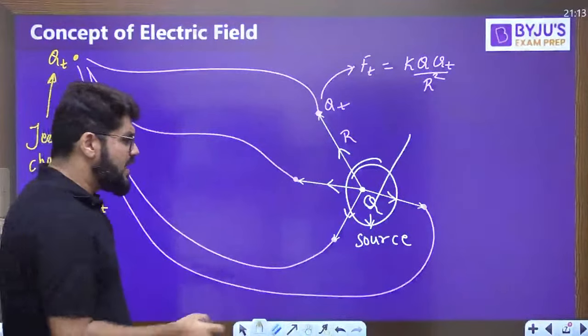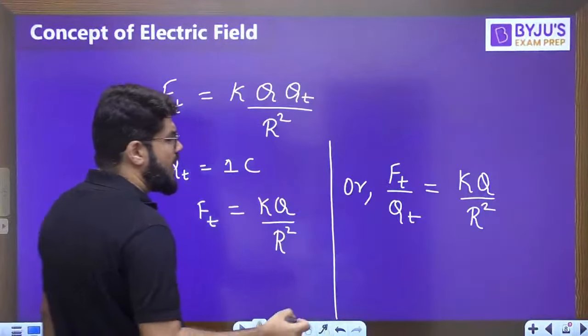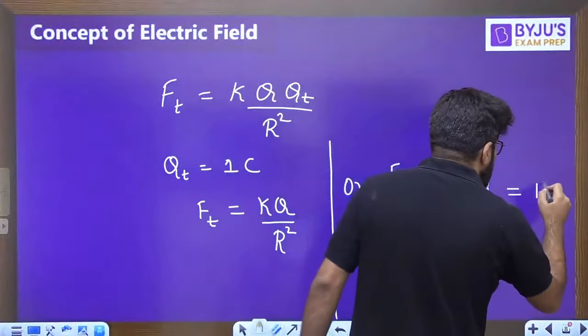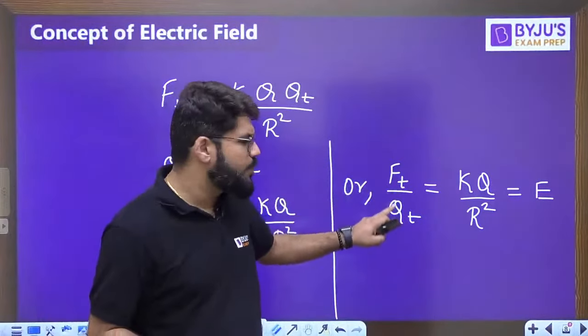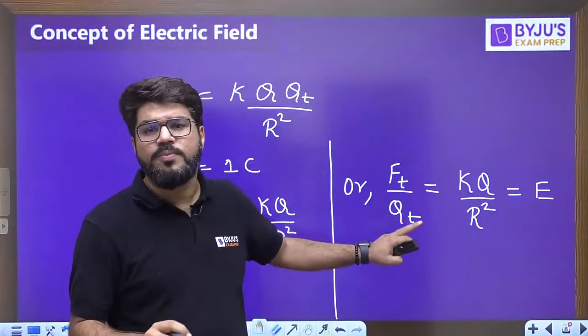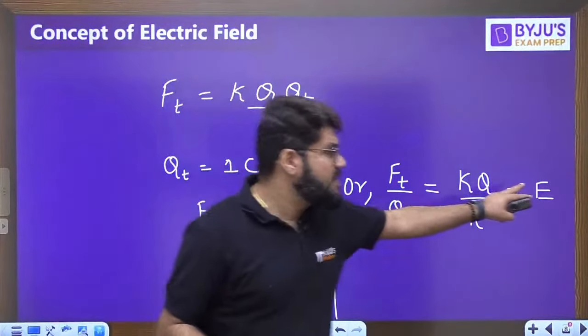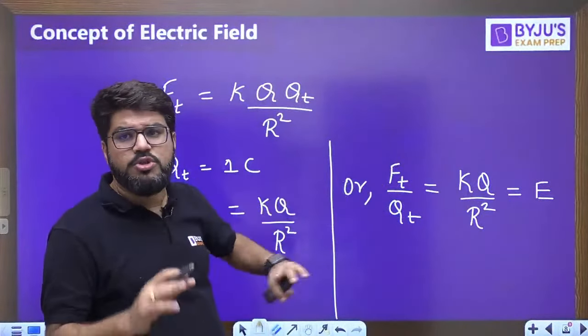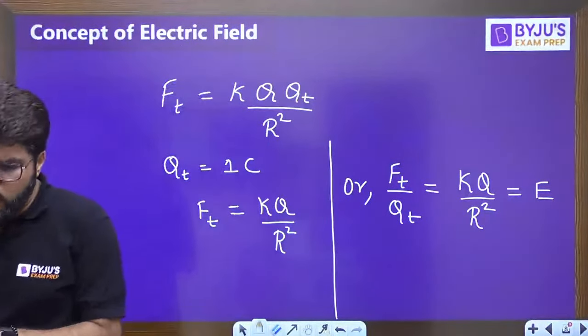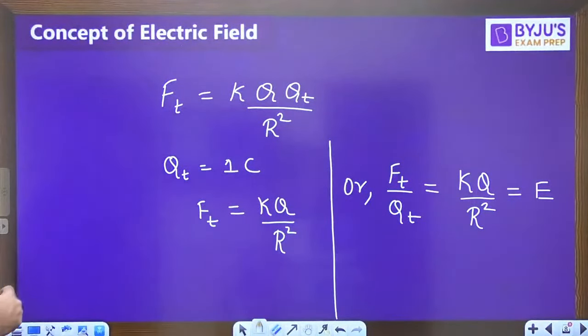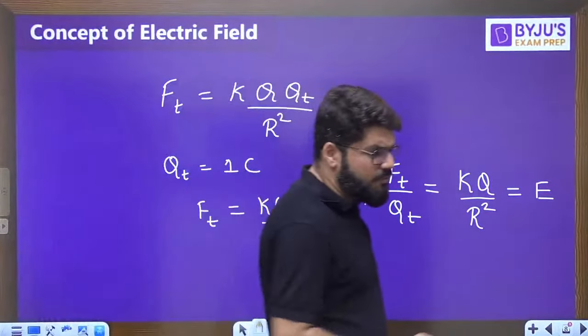And this is what we are going to call the electric field, which is of course a vector quantity because it is force upon q. Q is charge, which is in coulombs. Charge is a scalar quantity, but electric field ultimately depends on force, so it also has to be a vector quantity. I will also give you the final vector form, don't worry. But what initially the electric field formula is,